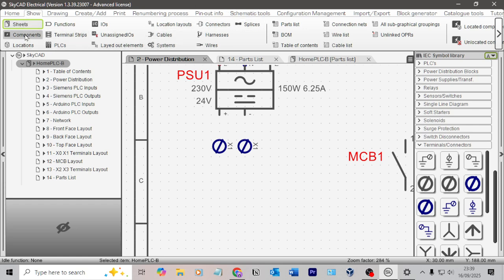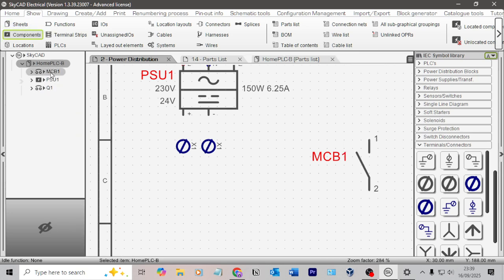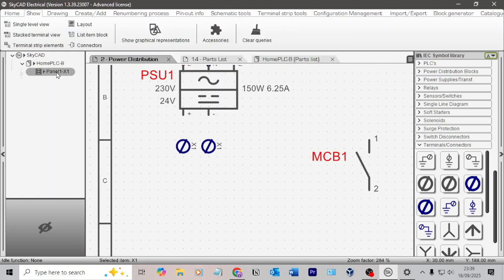So you've got sheets, components. If I click there, it shows you the components I've got. Locations, I just got one panel right now. I could choose to do front, back, and top, like we discussed before. I've got PLCs, I've got laid out elements, systems, wires, cables. It will show the different ones here, and I'm going to click terminal strips. So I've got panel 1, X1. That's one terminal strip. I'm going to copy and paste this